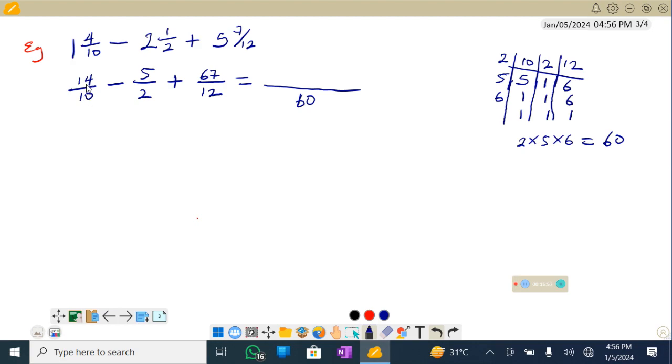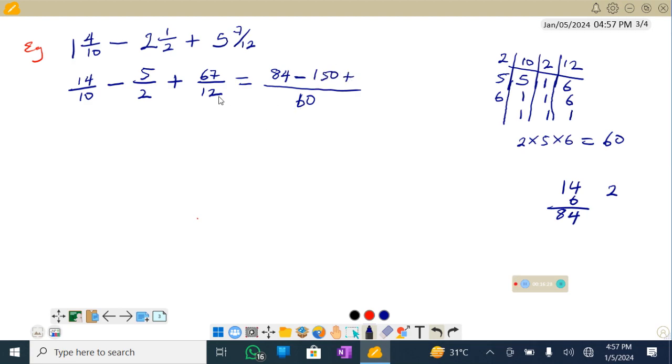6 times 14, you can work that out as well. 6 times 14, this will give you 24. You take 2. This times this will give you 6 plus 2, which is 8. So that will give you 84. So you have 84 there, minus 60 divided by 2. That will give you 30. 30 times 5, that will give you 150,